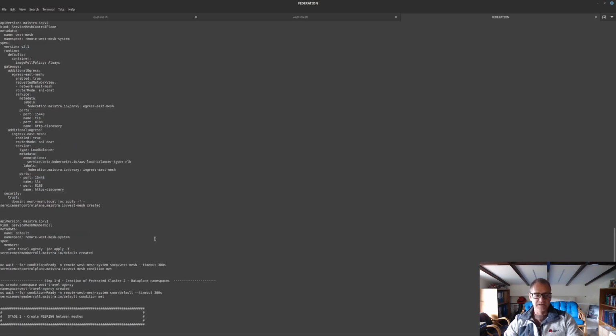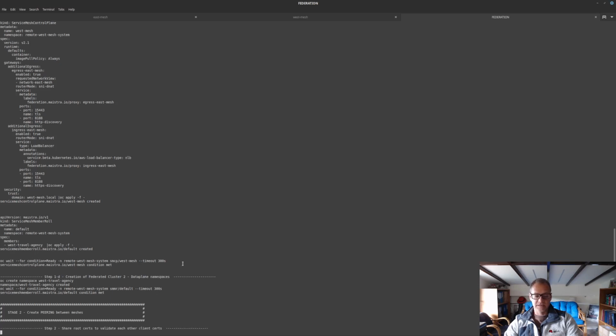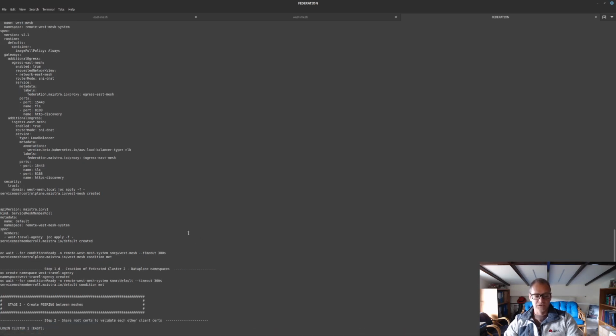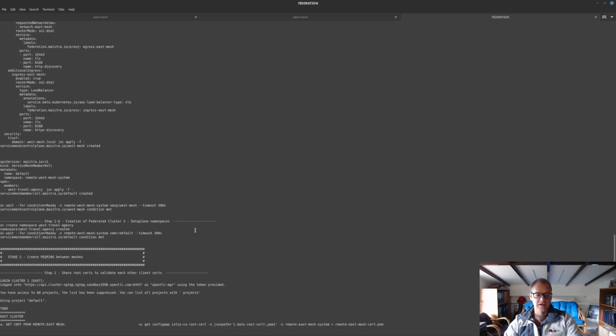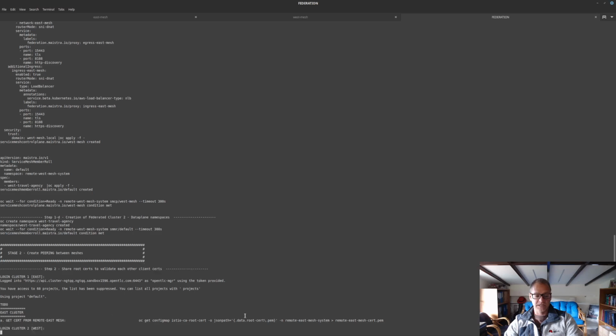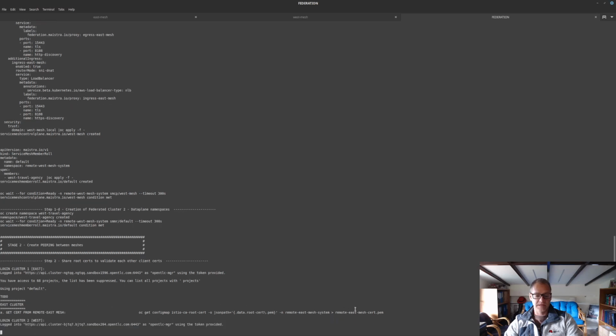Okay, so now we'll begin creating and configuring the peering between the meshes. The first step is to share root certificates between the meshes, so that when communications occur from the east to the west and the west to the east, these are validated and accepted. So first we go to the east side and extract the root certificate,